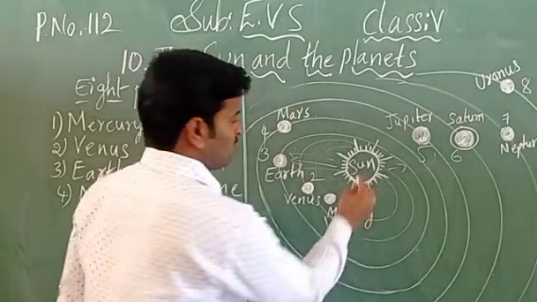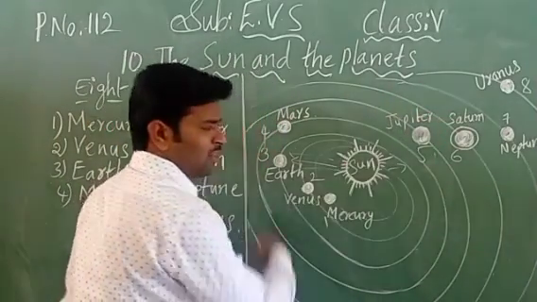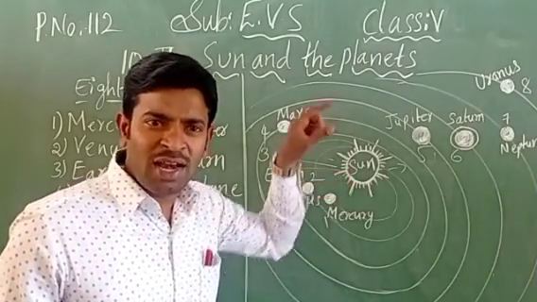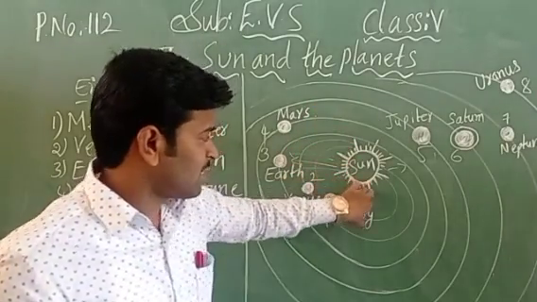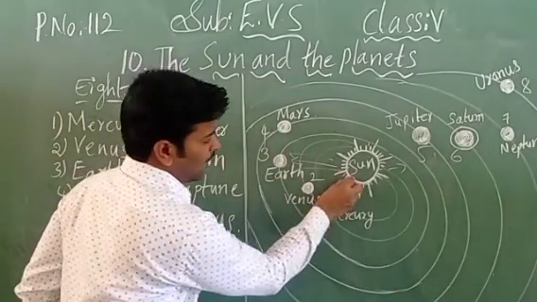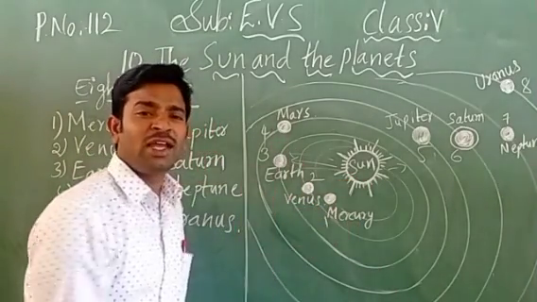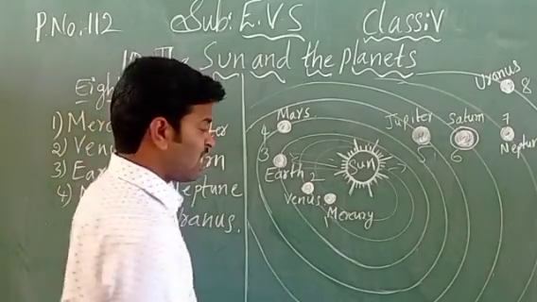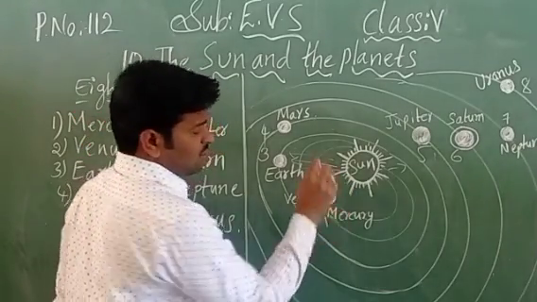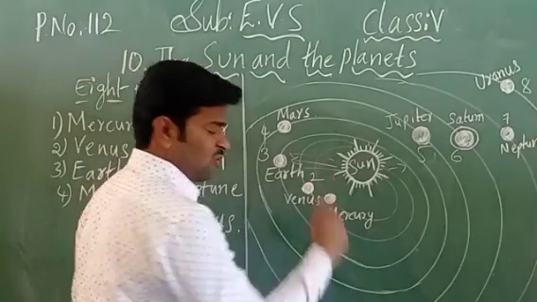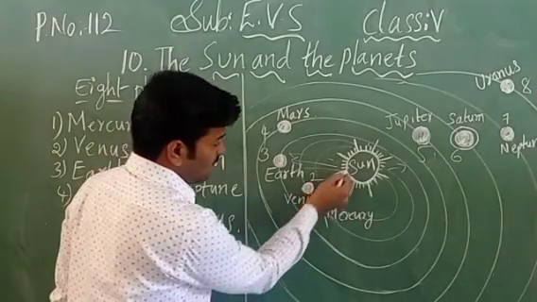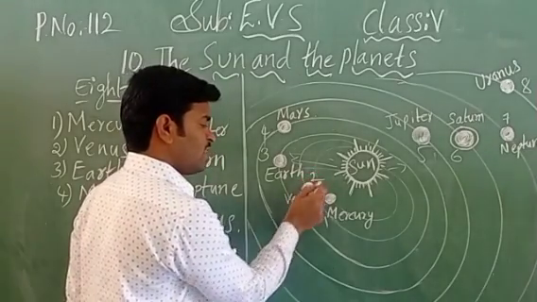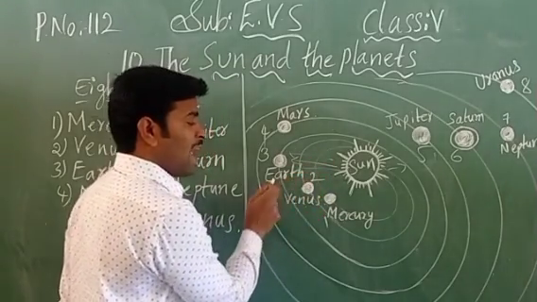I will explain here. So this is the sun, children. This diagram is called the solar system. So the middle is the sun. Everybody will see the sun early in the morning. And the first planet near to the Sun is Mercury. You should keep in mind, this is one GK question also, a general knowledge question. So the first planet is Mercury. Second nearest to the Sun is Venus. And the third is the Earth.